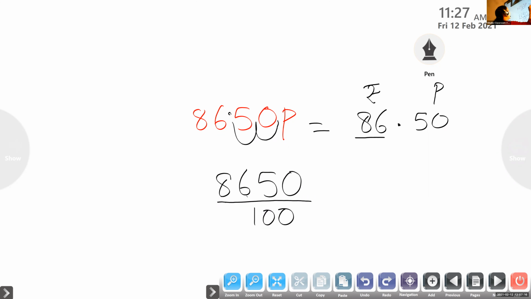7695. So this much paise I have. I want to convert this into rupees. So what do I have to do? Just move 2 digits and put a decimal point, only this much. 76 rupees 95 paise. So how will I write rupees? Rupees 76. And what is the paise part? 95 paise. Is that clear?